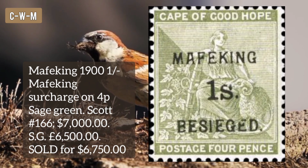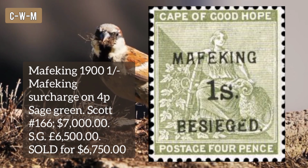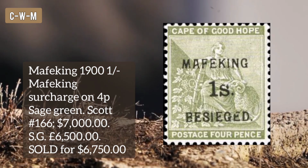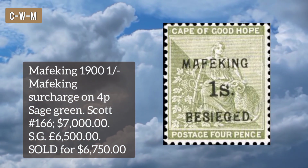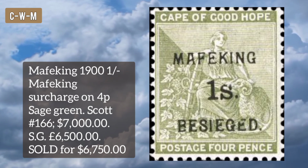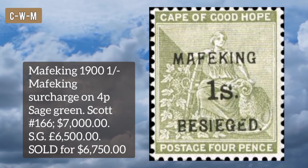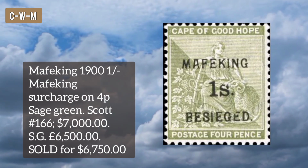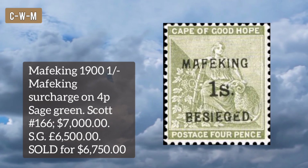Mafeking 1900, 1 shilling Mafeking surcharge on 4p sage green. Setting 6, a very rare mint example with strong fresh color, full original gum, lightly hinged, and one of the important mint rarities of the Mafeking issues. Signed by H. Bloch and accompanied by a Brandon certificate. Scott number 166 and price $7,000. Stanley Gibbons price £6,500, sold for